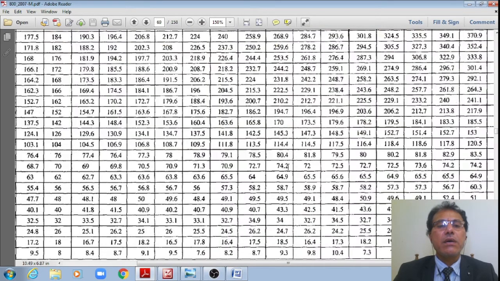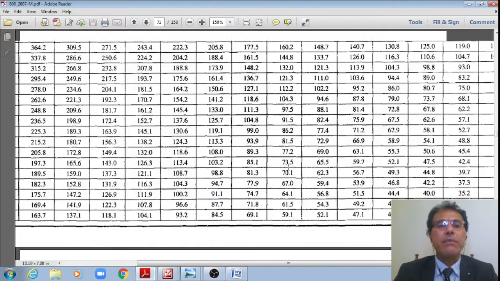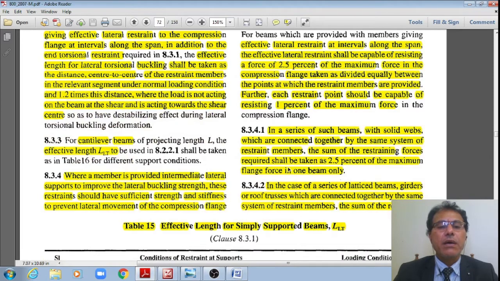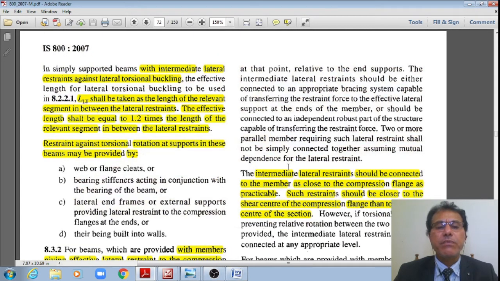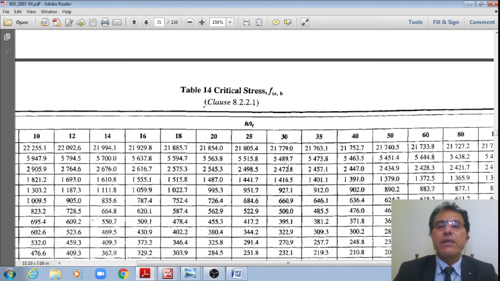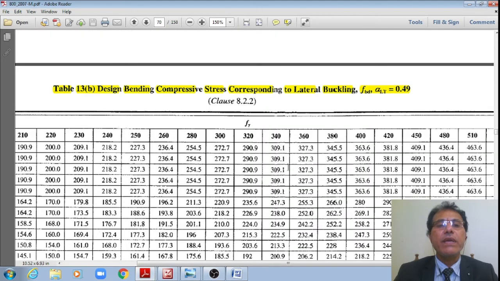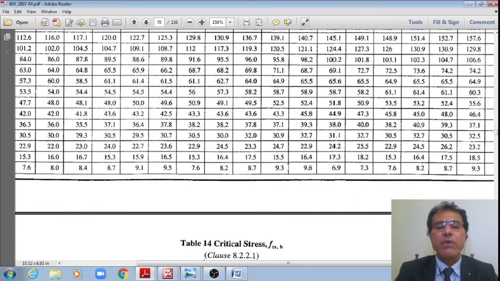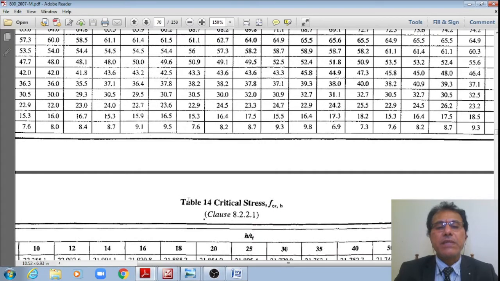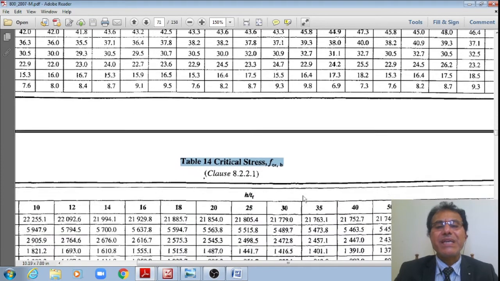This is how that table 14. Let me go revisit that table 14. Student, just wait for a moment. Yes, this is the table 14, right? This is the table 14 we are referring to, right? This is the critical stress FCRB